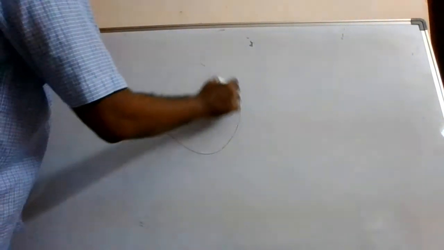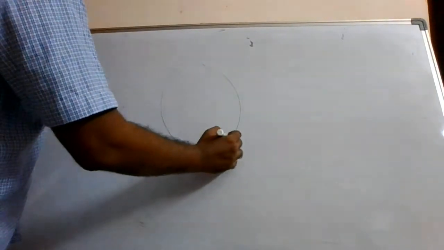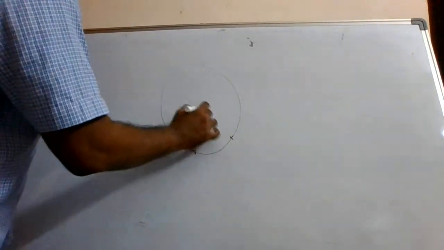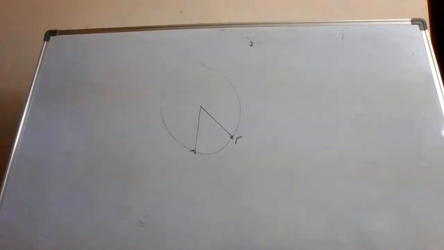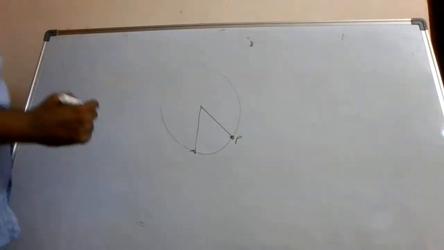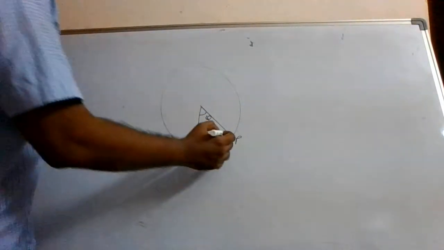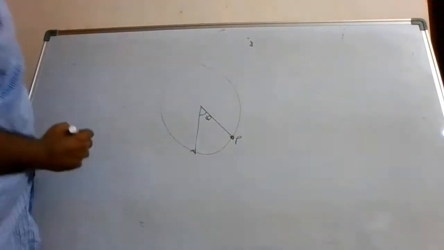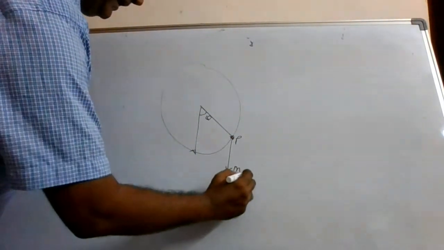Suppose in the question they ask you to find the value of tension at a particular point. The object right now is at point P and they ask you to calculate the tension, the minimum tension value. Let us say this angle is theta. So the object is here. Let me draw the free body diagram at this point. So what are the forces over here? The weight will be acting downwards.